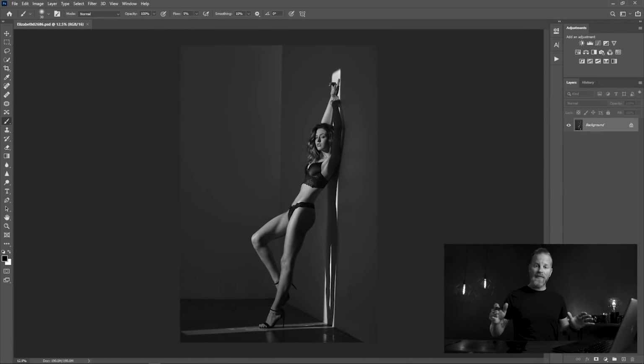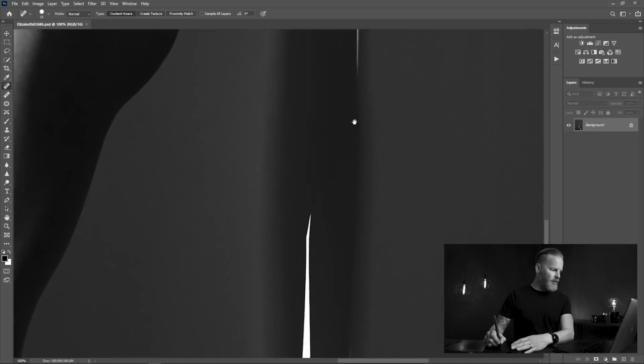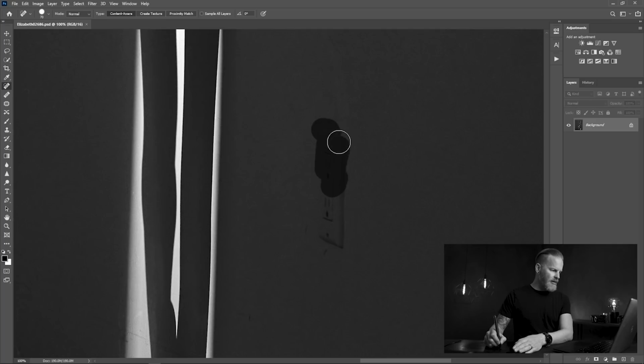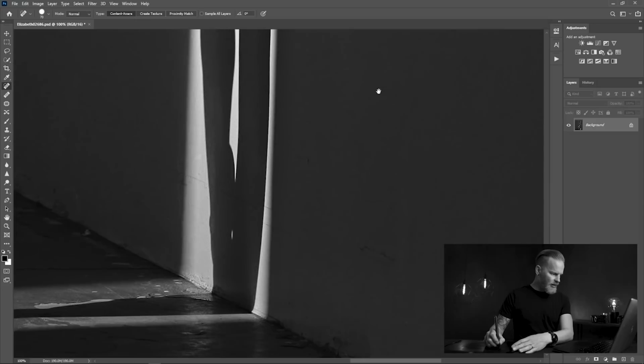All right, so here we are in Photoshop. And the first thing I'm going to do here is grab my healing brush and come through and get rid of a few of the things on the wall, that kind of stuff, outlets, some of the